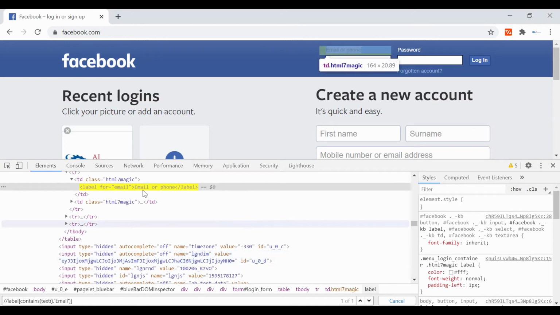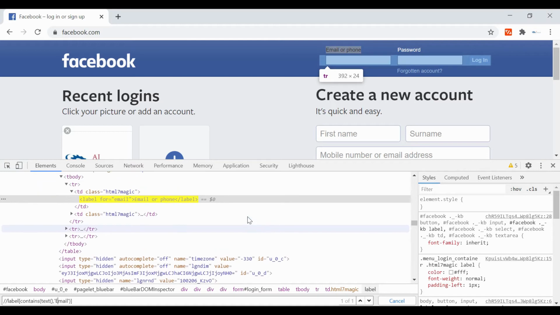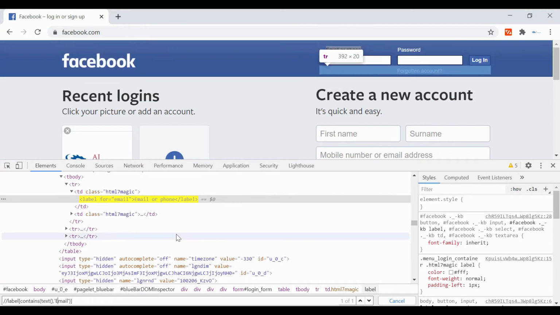Sometimes the text present for a web element is too long in length. So that's the feature given by XPath: just provide me a partial value and I can still identify the web element. It's very useful when the length is a little bit long.